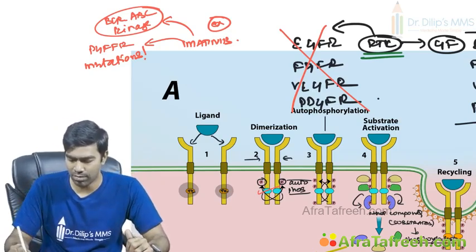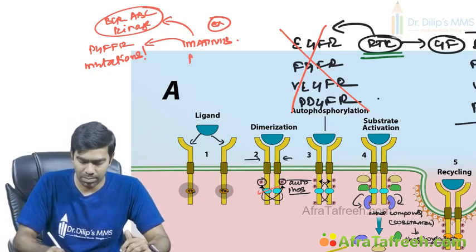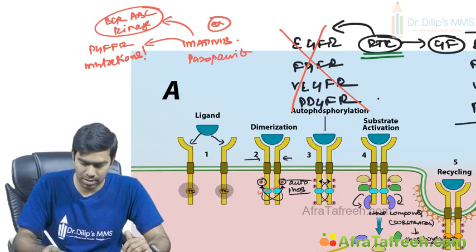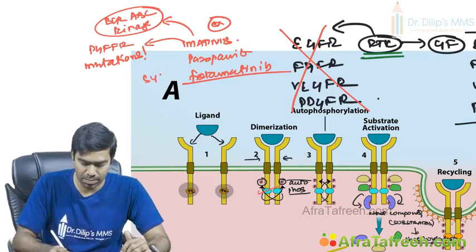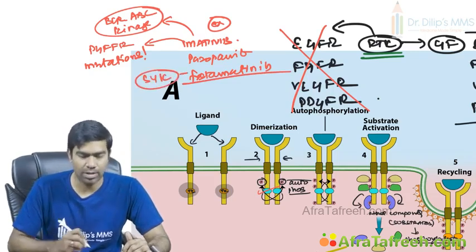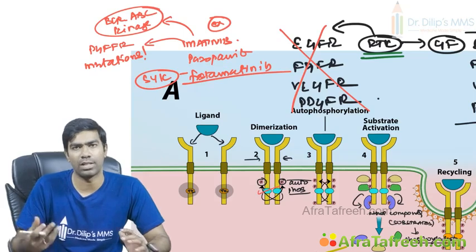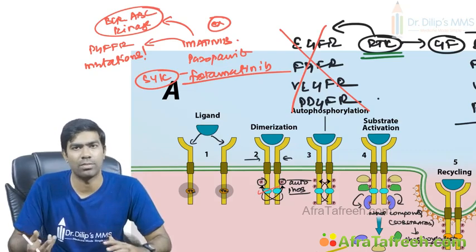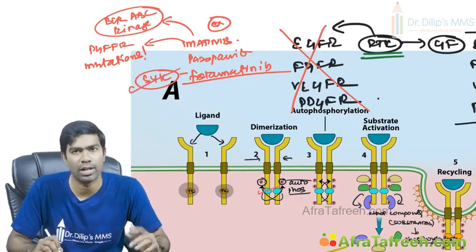Apart from that, you have a lot of other receptor tyrosine kinase inhibitors, RTK inhibitors like pazopanib, and you have fostamatinib, isn't it? Fostamatinib. If you recap where I have used fostamatinib, it is a splenic tyrosine kinase inhibitor, SYK inhibitor. This splenic tyrosine kinase is very important for macrophages in the spleen, the reticular endothelial system in the spleen, to engulf the platelets and destroy them. That's why it results in chronic immune thrombocytopenic purpura. So this is a drug that is approved in chronic ITP.